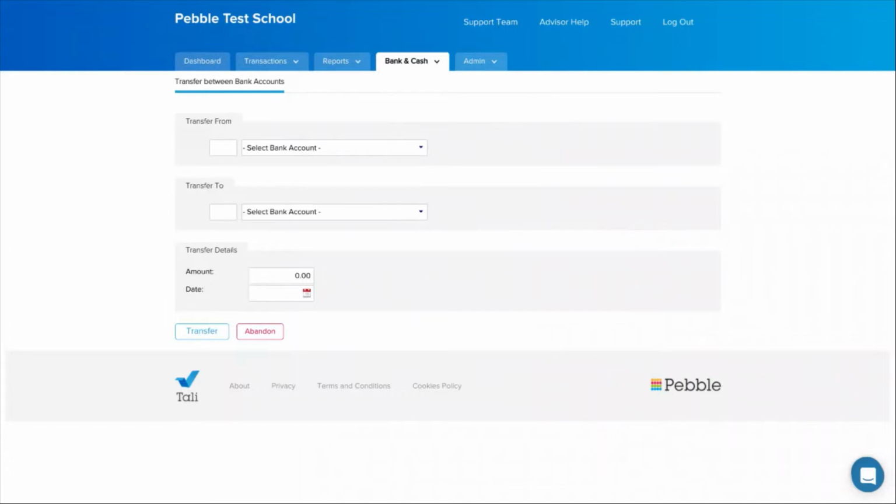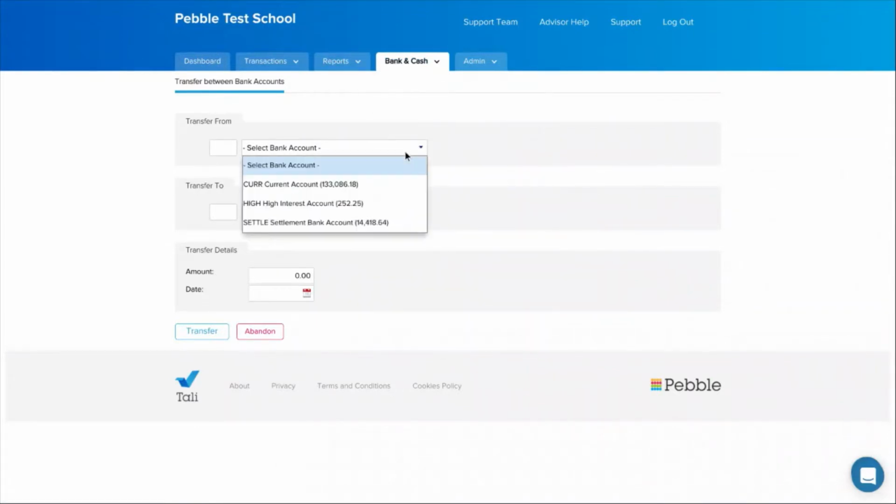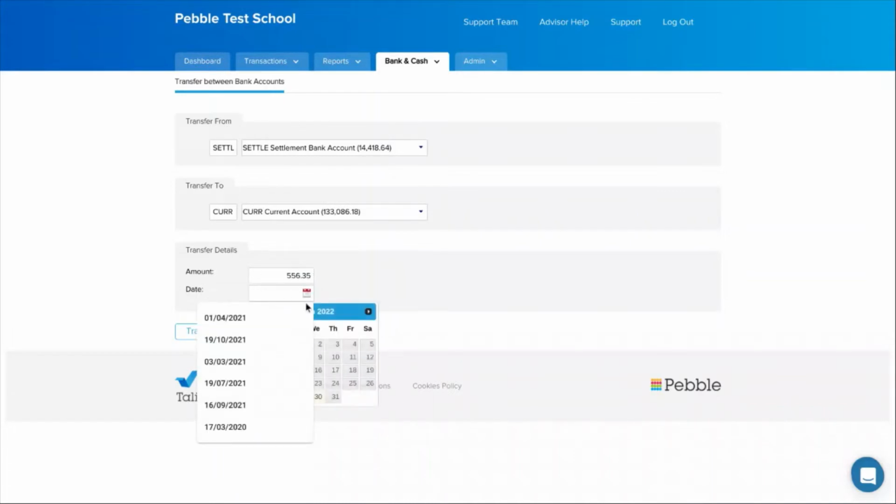You need to process those in Bank and Cash, transfer between bank accounts by moving the money from the settlement bank account, where the money's held virtually in a suspense account, into your current account, for example, on the date and the amount that you see on your bank statement. So, for example, £556.35 on the date, roll it back to when I'm going to reconcile,